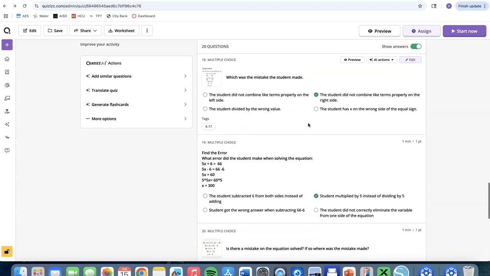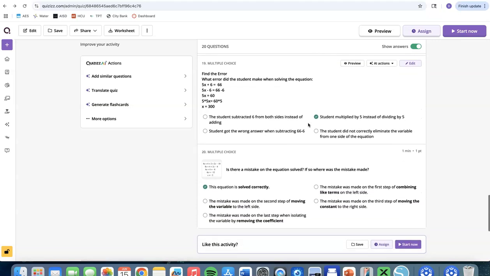And then the very last question, to just challenge them all together, is they have to realize that just because it says there could be an error doesn't necessarily mean there is one. So they've got to know that even though it says that there could be an error, occasionally they did solve it correctly, and they have to know from that. So not only is there an error analysis, it's also error analysis with some being correct, which